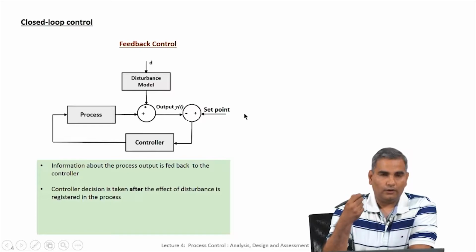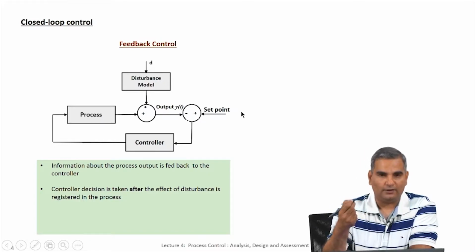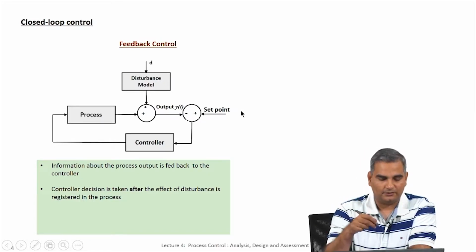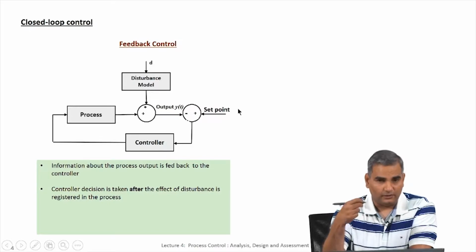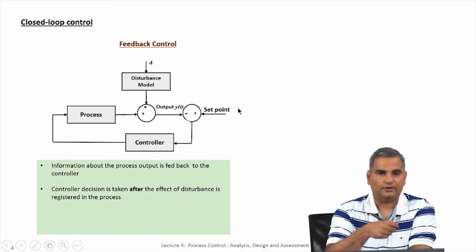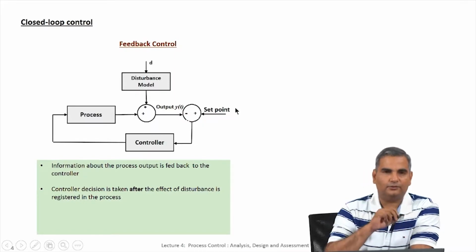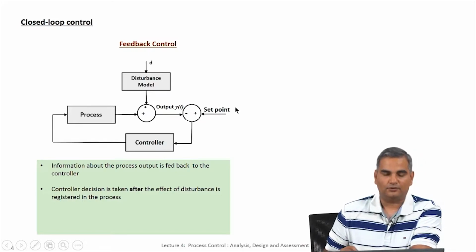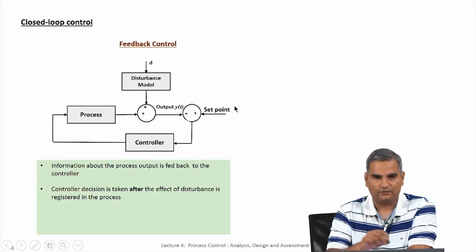So, to overcome the problem of cases where the disturbances are not measured, so that you cannot really know what the disturbance is that is affecting the process, and cases where you have mismatch between the model and the actual process, which is going to be the case most of the time, we still want to be able to control such that our control variable goes to the set point. So, how do we do this is an interesting question. Here is where the notion of feedback control comes in. So, this concept is the most important concept in all of this course.